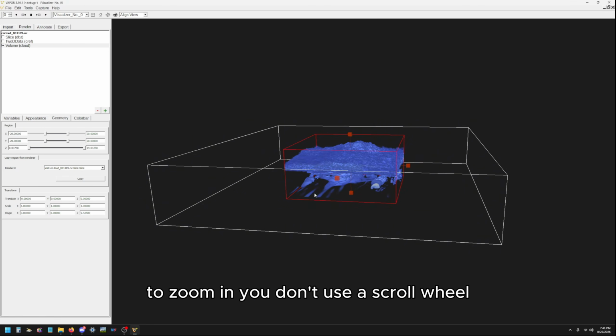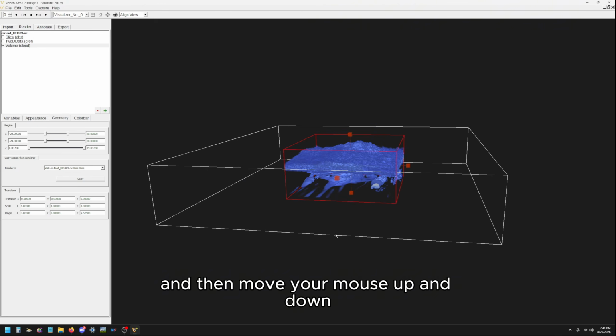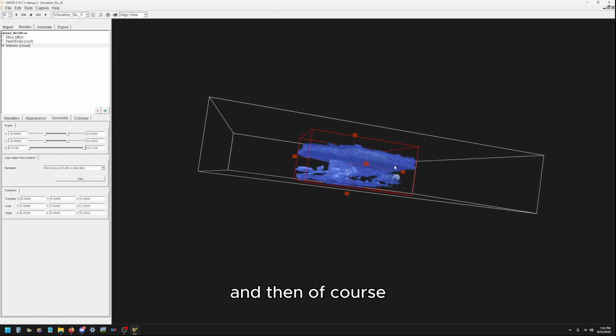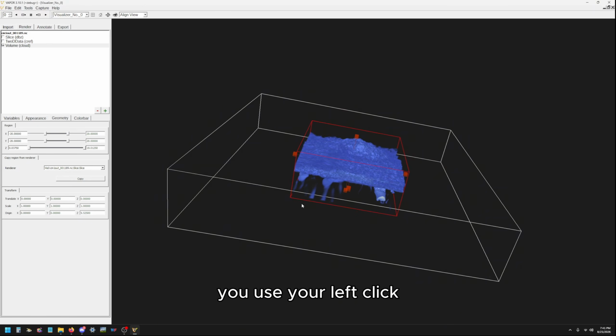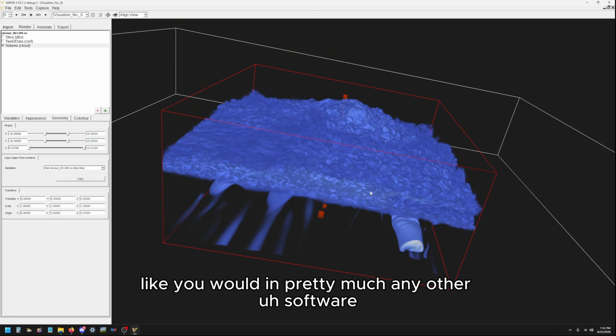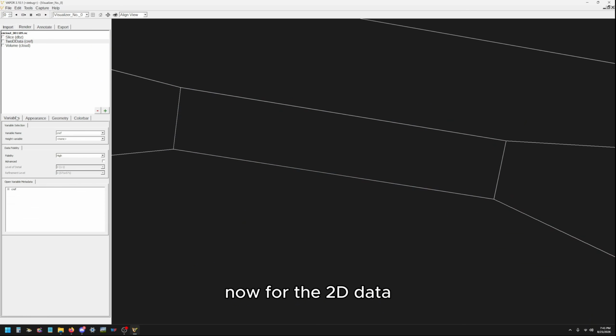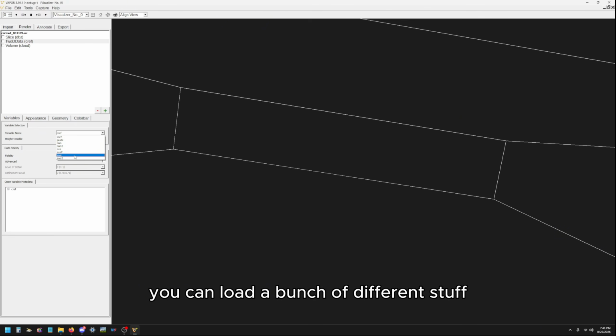To zoom in, you don't use a scroll wheel. You actually hold right click and then move your mouse up and down. And then of course, just to move the camera around, you use your left click like you would in pretty much any other software. Now for the 2D data, you can load a bunch of different stuff that you can't